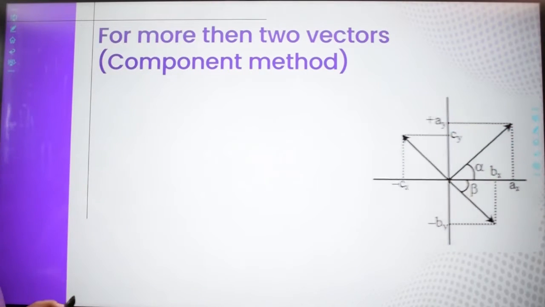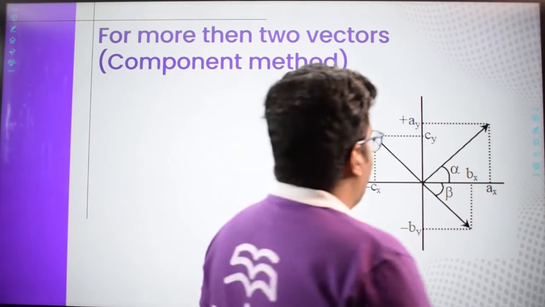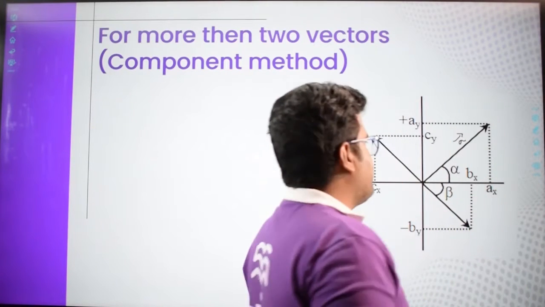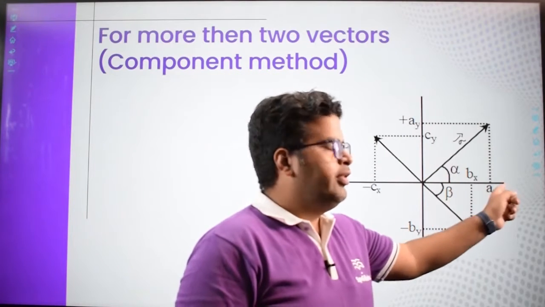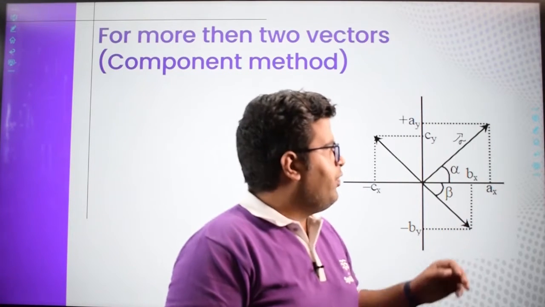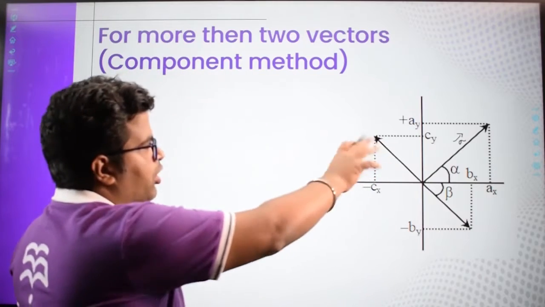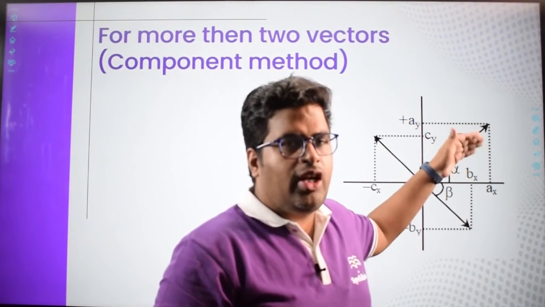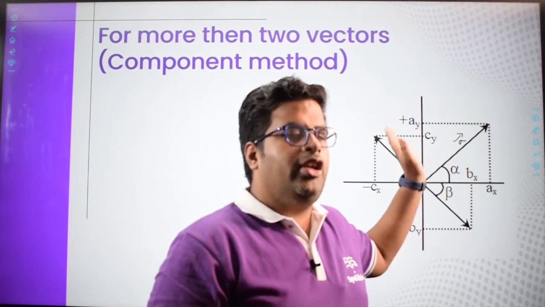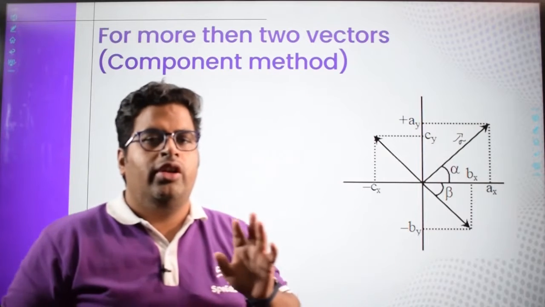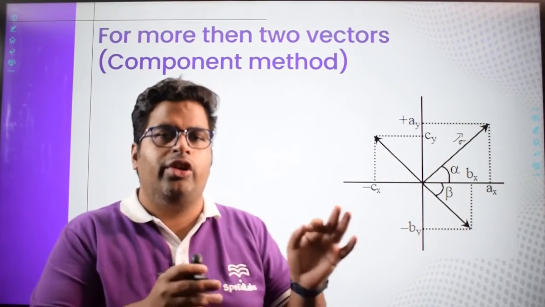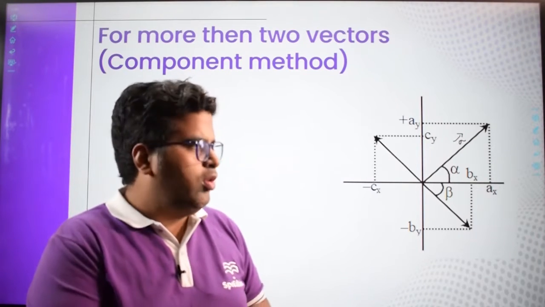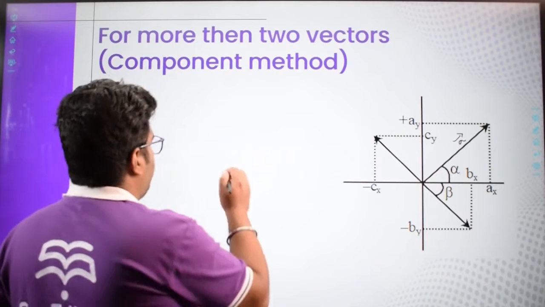So for that, we have a diagram. Let's say this is your A vector. Now this A vector is making an angle alpha with the x-axis, right? So if I ask you, can we resolve it? Basically, we want to find the components of the A vector along the x-axis and perpendicular to it. Or we can say we'll resolve each vector, taking the component of each vector along the x-axis and along the y-axis also. So for that, first let us understand what we are going to do.